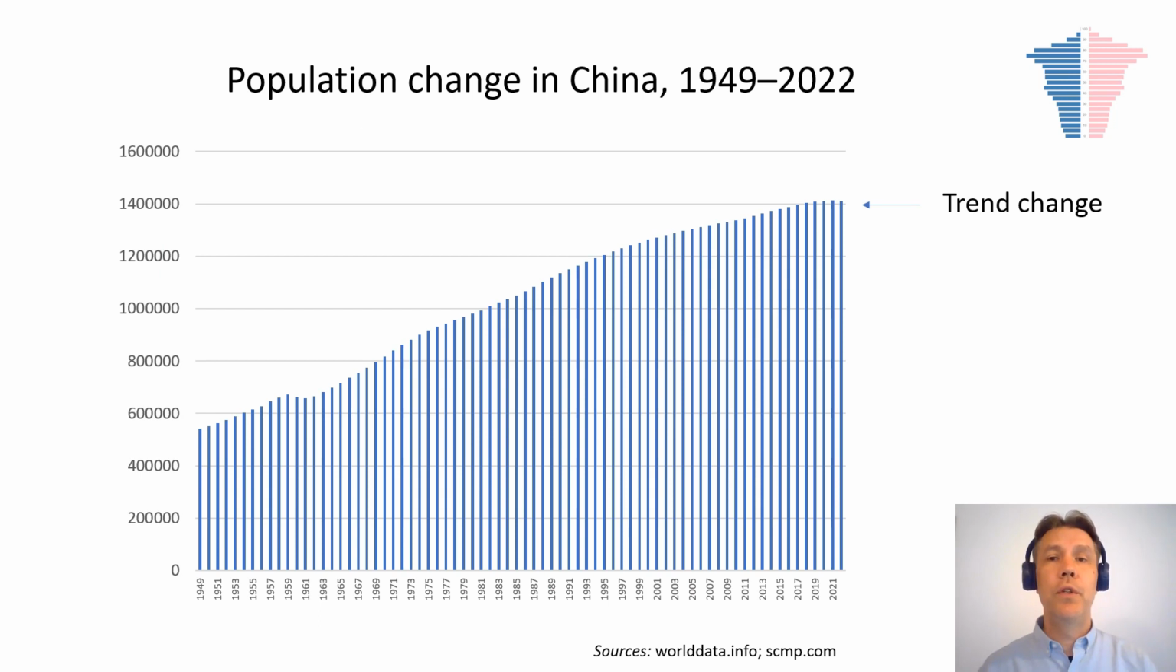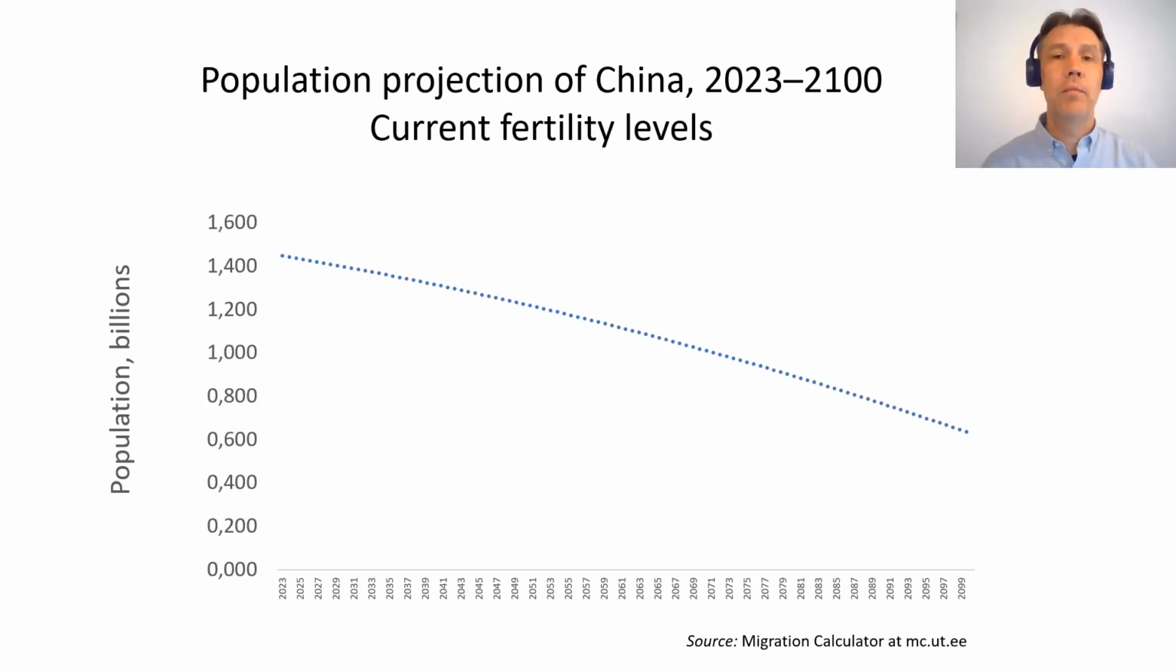However, what we do see is that there is a trend change taking place right now in China. The population growth has stabilized. The number of people entering the family ages is also in decline. And that means that the future population of China is dramatically decreasing, both because of the current low fertility rates